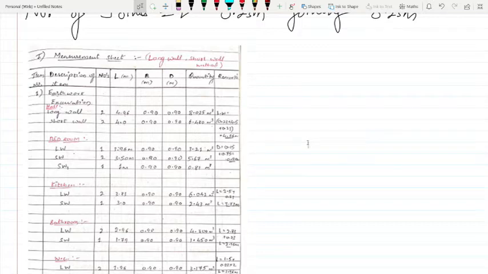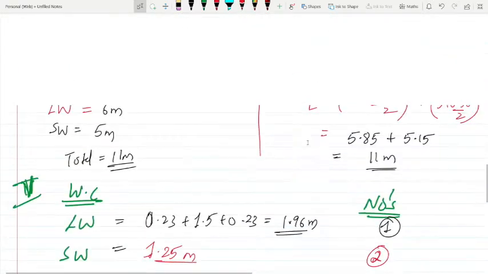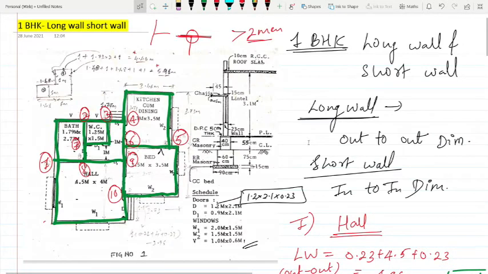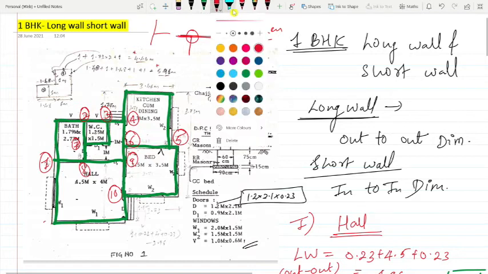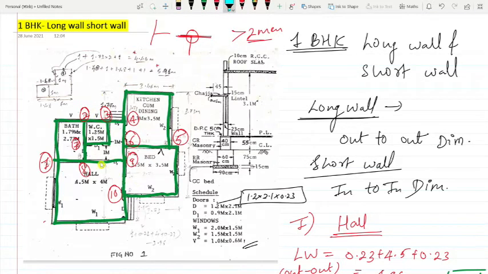Starting with the door or window deduction for long wall, short wall. We should do deduction for doors. See, one thing I'll tell you now. We have to do deduction for this door portion, this door portion, this door portion, this window. There will be no brick masonry over there. Whatever window height is there, that much there will be no brick. That we have to deduct. I will show you the deductions, don't worry.